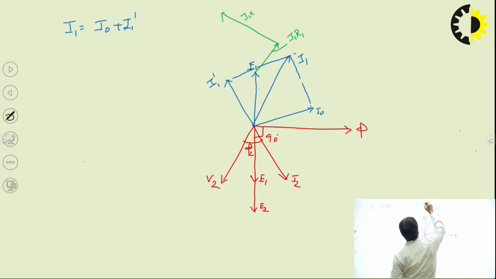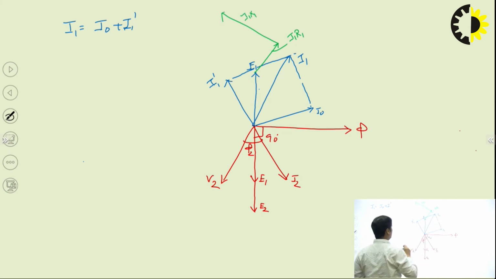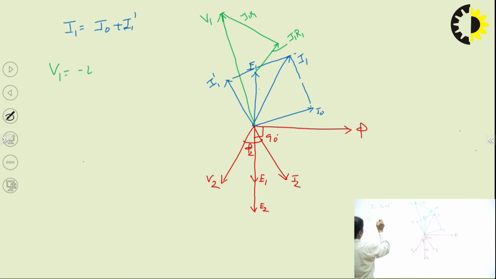I1 X1. And now if I join this from here, this must be equal to my V1. So V1 here will be equal to minus E1 plus current I1